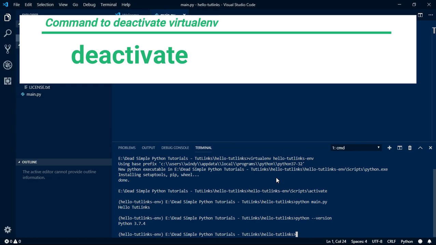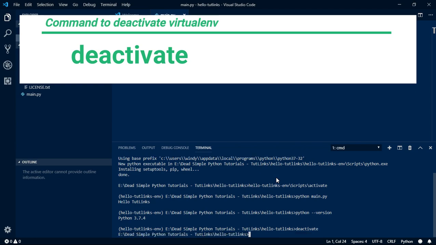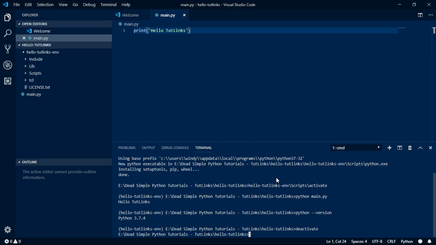All you have to do is type deactivate and hit enter, and you will see that the current working directory no longer has the name of the virtual environment that you created for this project, and it indicates that you are out of the virtual environment command prompt.